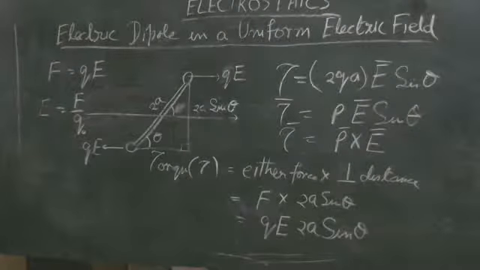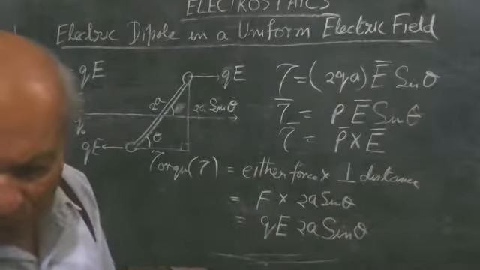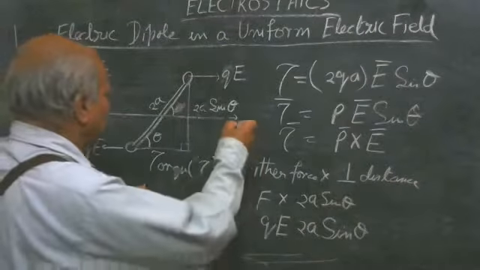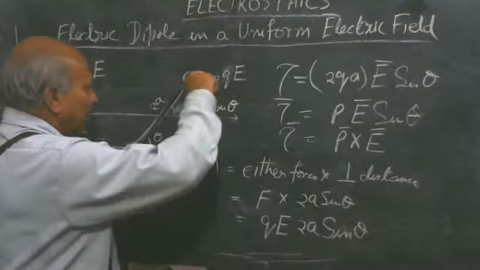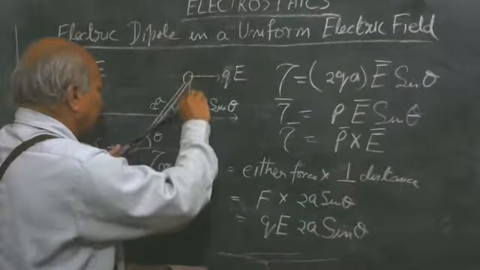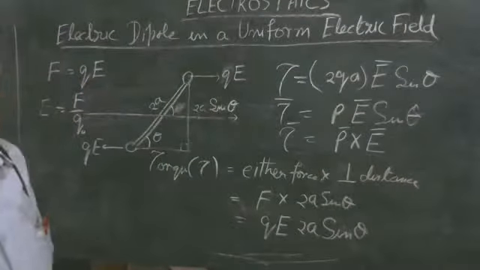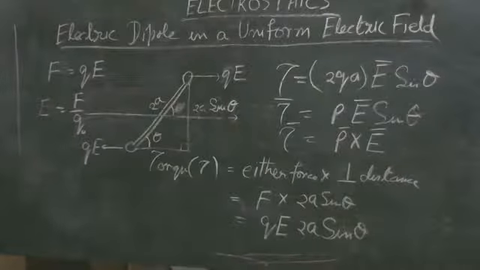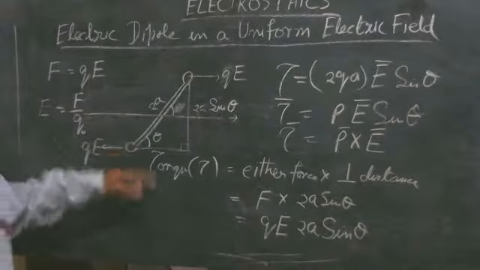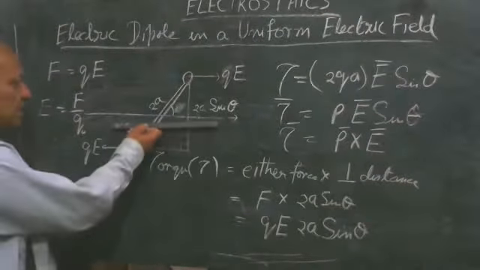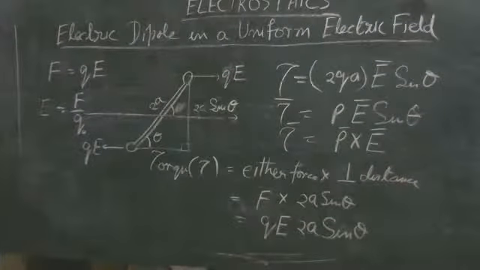It may be pointed out that when a dipole is placed in a uniform electric field, it experiences only torque. Net force on the dipole is 0. Means if you put it like this, both sides equal and opposite forces work and bring it into this condition, and then the force becomes 0. Torque on a dipole becomes 0 when it aligns itself parallel to the electric field.